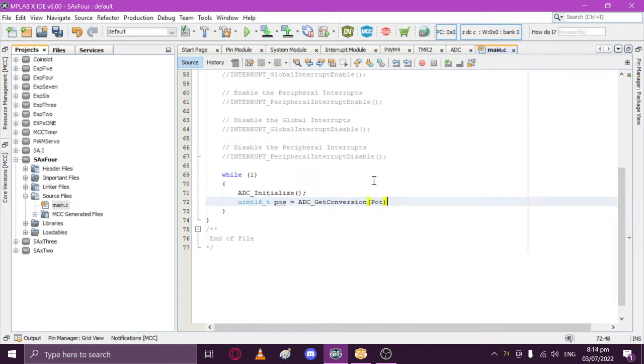So this function gets the converted input from our potentiometer, which then assigns it to the variable position. So we'll have here pos is potentiometer position. We can just have it at the next line. So next,